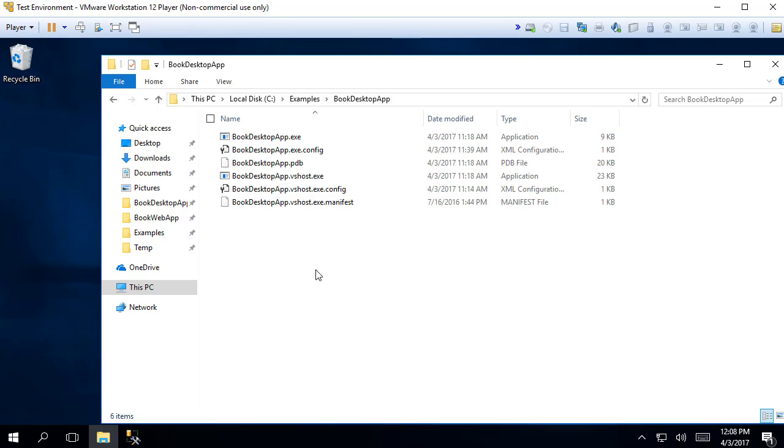And for a desktop application, I don't need to copy this app config. Remember, when using a web application, you need to have the connection string in the web config. Here in the desktop application, you don't need the app config when deploying the application, because in the release folder there is a desktop app.exe.config, and inside this file